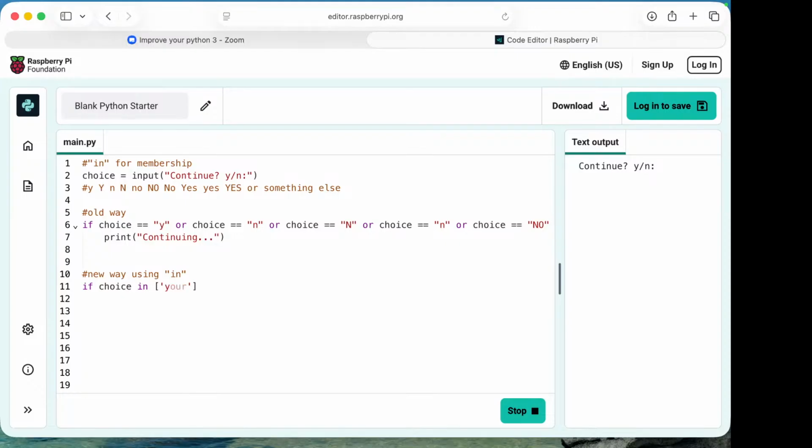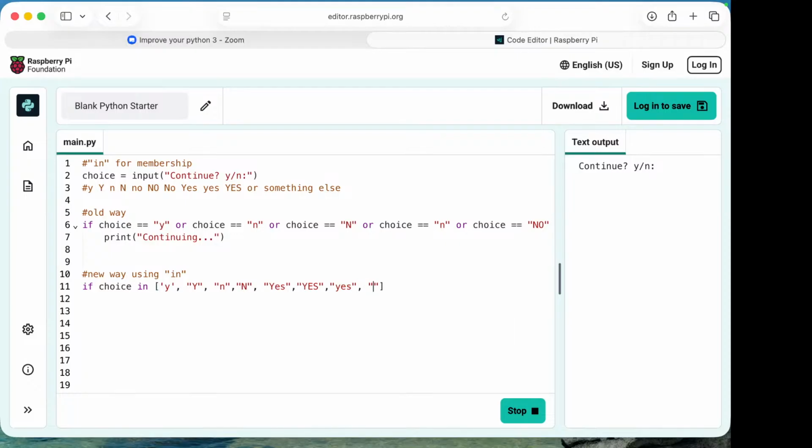Y, capital Y, oh, we've done capital Y, N, N, yes, yes, all lowercase,